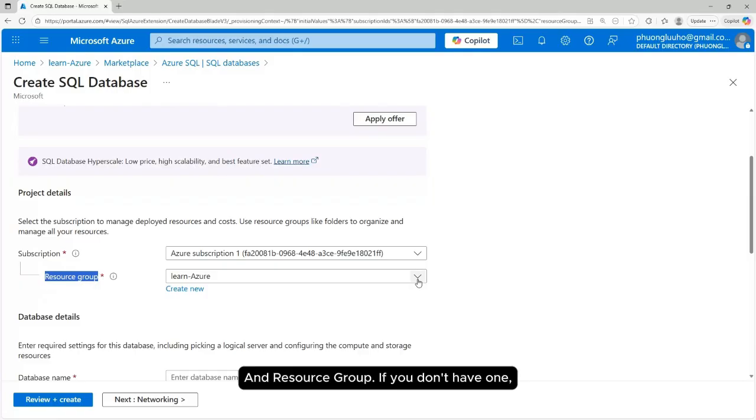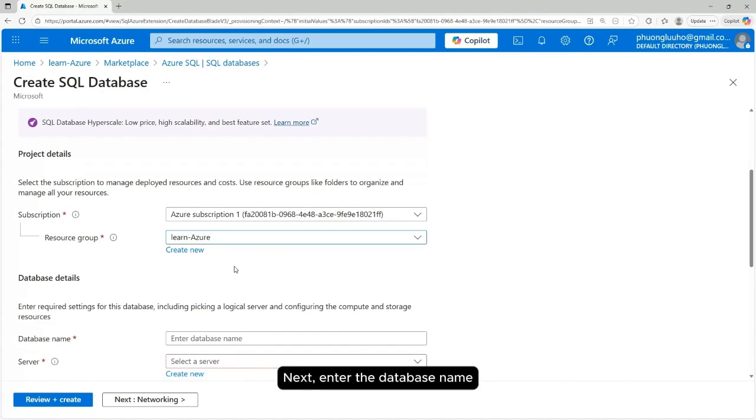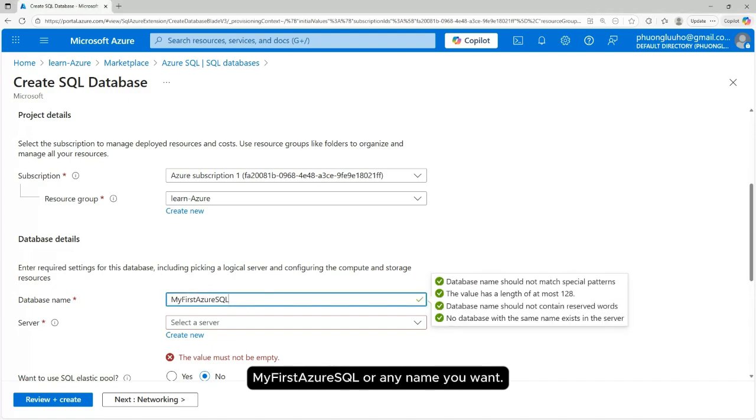If you don't have one, you can create a new one to manage various resources. Okay, next enter the database name in the database name field. For example, my first Azure SQL or any name you want.